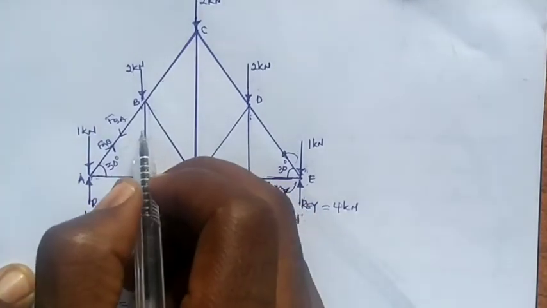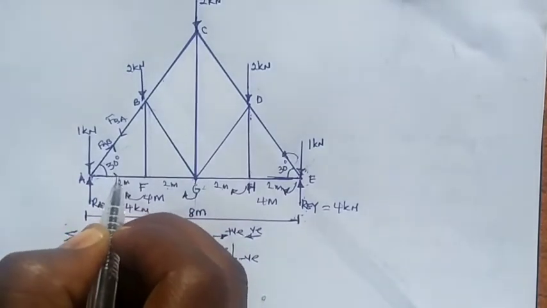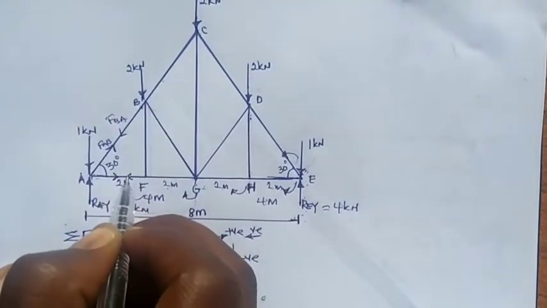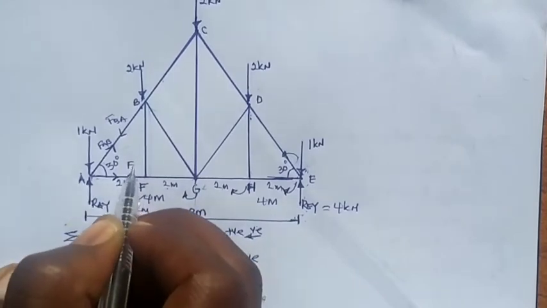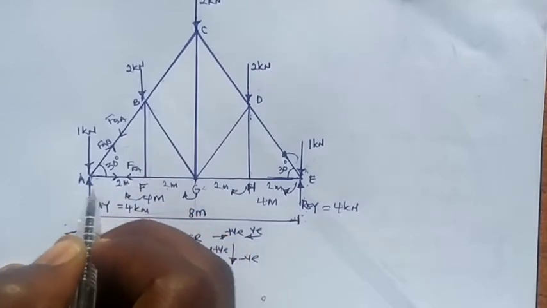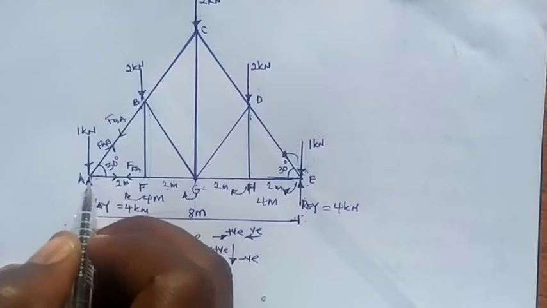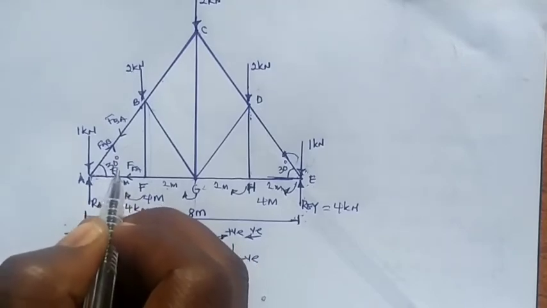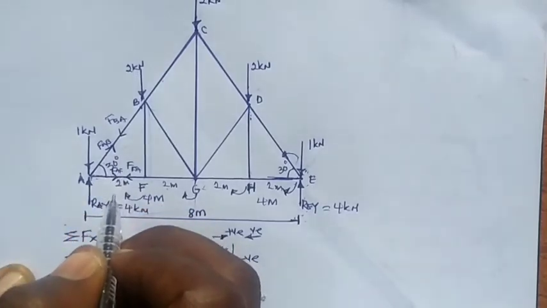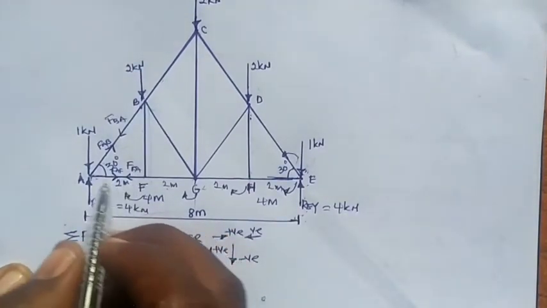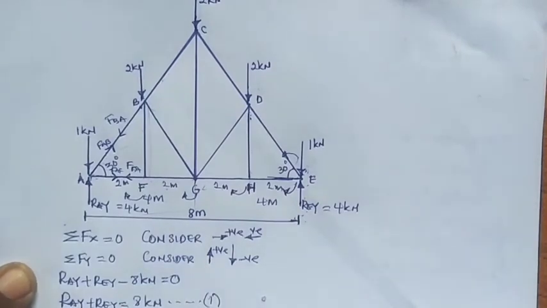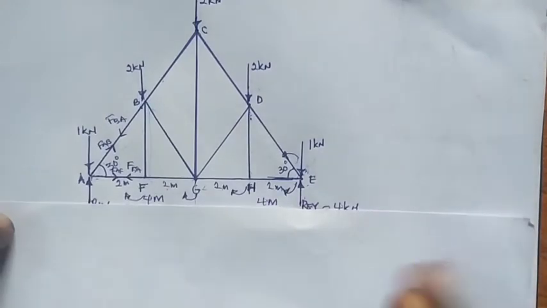Also, I have this member here also, something like this, and something like this too. So here will be FA, right? And here will be FAF, FAF, right? So from here, this FAF, this FFA. So if I take this joint A, I'll have this way. I want to consider joint A. So let's do that. For joint A,